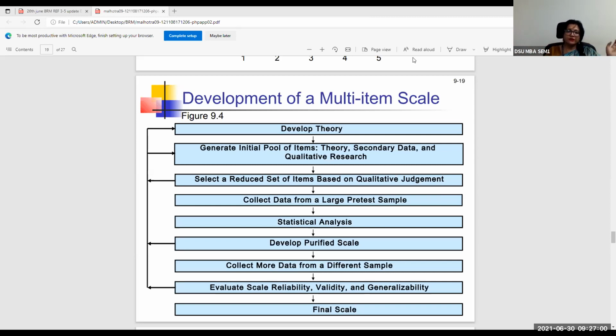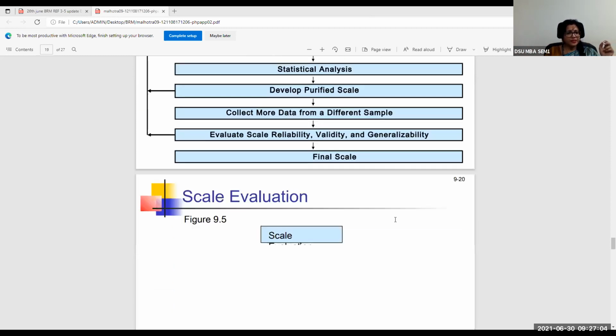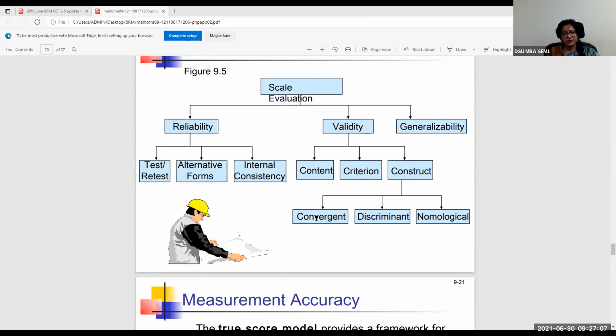All right. So this is how you develop a multi-item scale. When you are evaluating the scale, please keep in mind, as you can see on the screen, scales must meet certain criteria. One criterion is reliability. And how do you test reliability? You can do testing and retesting to see whether the scale is reliable, since repeated measurements should yield the same kind of outcomes. You can also test alternative forms of the items, especially if you're developing items in a questionnaire. You can see whether a similar set of sentences can be made and they actually get the same answers.